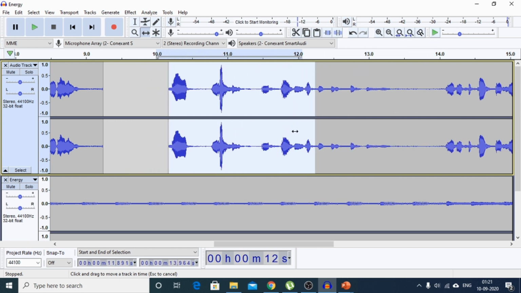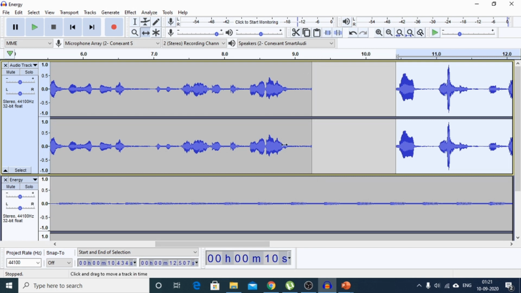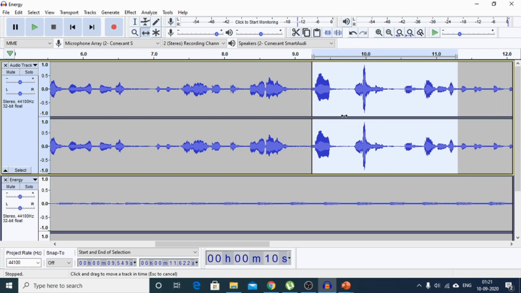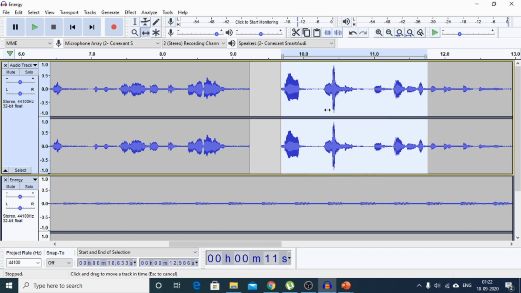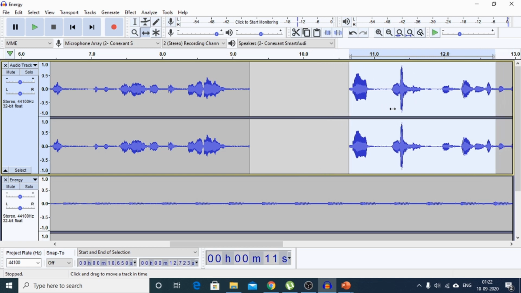So this portion is detached from the original file. You can see this was the original file, and since I have cut this portion, it has been split from the original file, and you can move this split file to a suitable position according to your need.